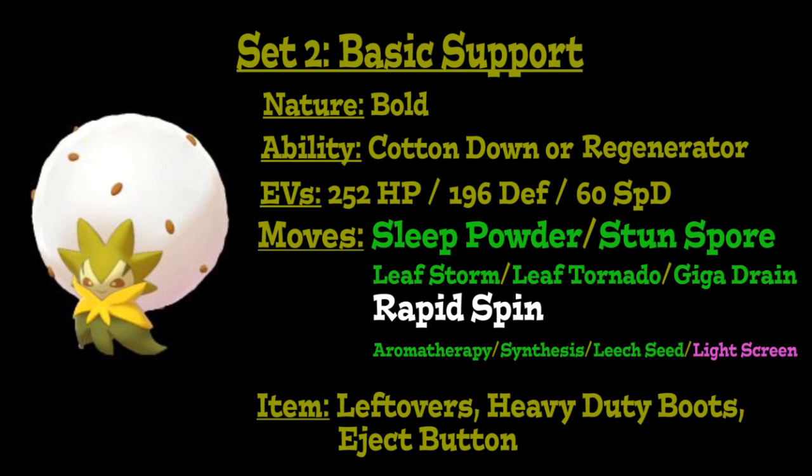Moving on to the second moveset, this is a little bit more of a basic support set you can run on this Pokemon at the cost of sacrificing running 2 statuses. So we're going to start this one off again with the Bold Nature, the Cotton Down or Regenerator ability, and the same mixed defensive EV spread as before, but for the item, we're also going to include the Eject Button as a potential option, which has some really unique application when used in combination with the Cotton Down or Regenerator